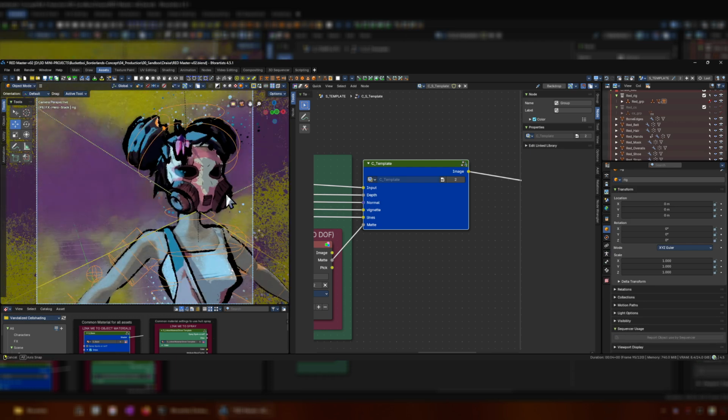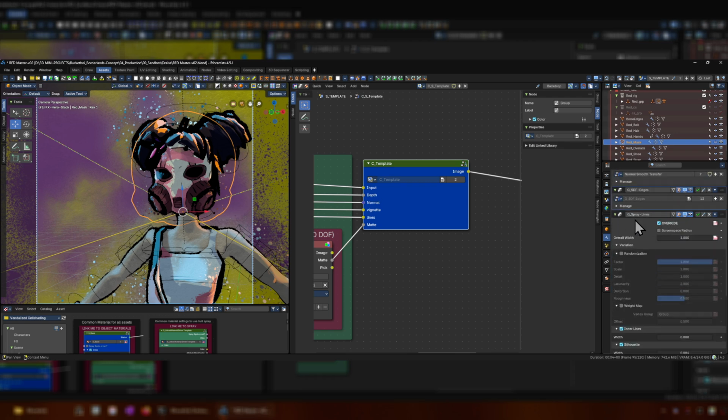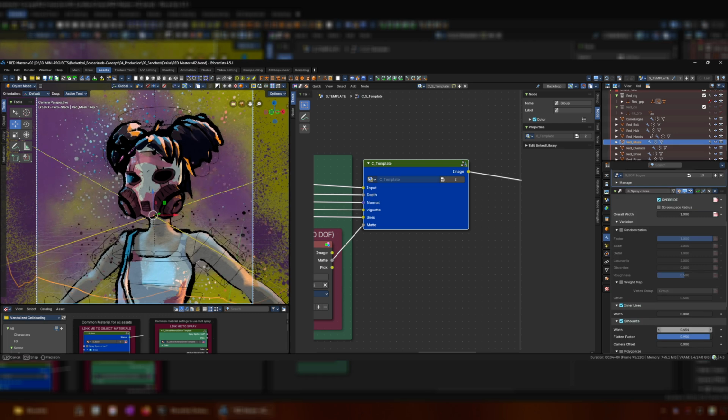If I want, say, for example, more dots on the head, I could turn off the override, and now it's using just default, so it's got spots in front. But I turn on the override and I push it to the back a bit. And I made it a bit smaller. You can make it bigger or smaller, depending on what you need, and this will give you some control. Same with the weight map. You can use your weight map, or you can make your randomization, and maybe I'll expose the scale of the